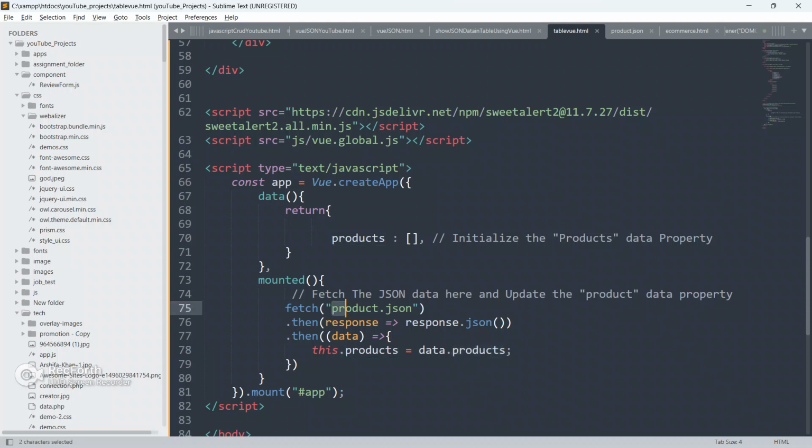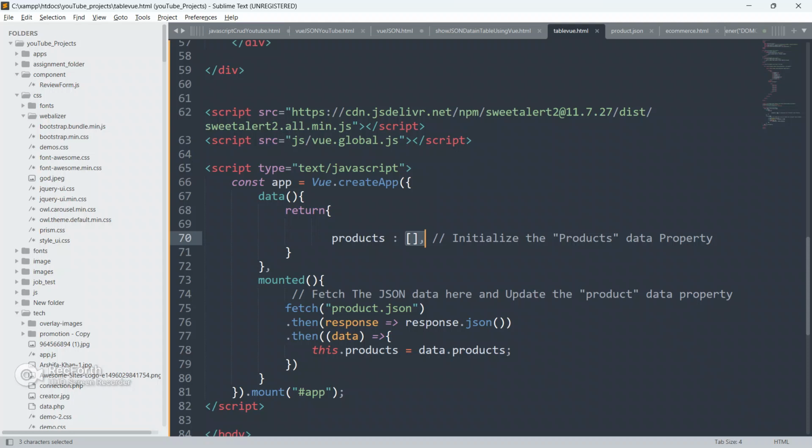So now, guys, each and everything from this JSON file is inside this products array, and now we can loop through it by using the v-for directive inside Vue.js.